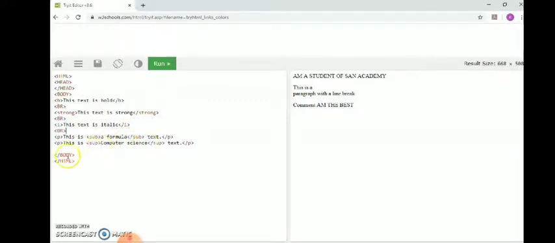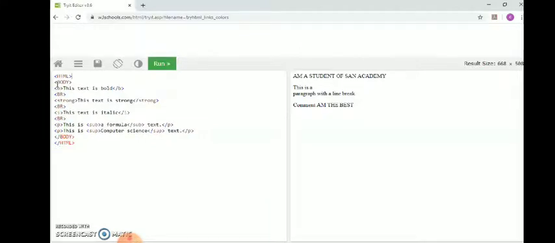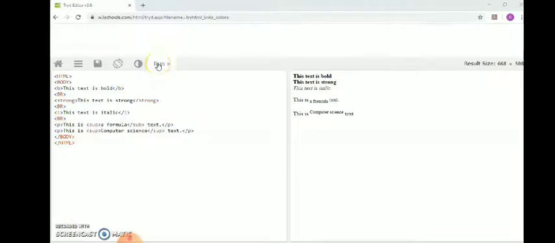So you can see subscript and superscript. For subscript, a formula is given. So what happens? The formula will be a subscript over here, and computer will be a superscript. Then I remove the space, body, and HTML, so I closed it, right? The head, if you want, you can remove. As I always told you, even without a head, this HTML document will work. So run.